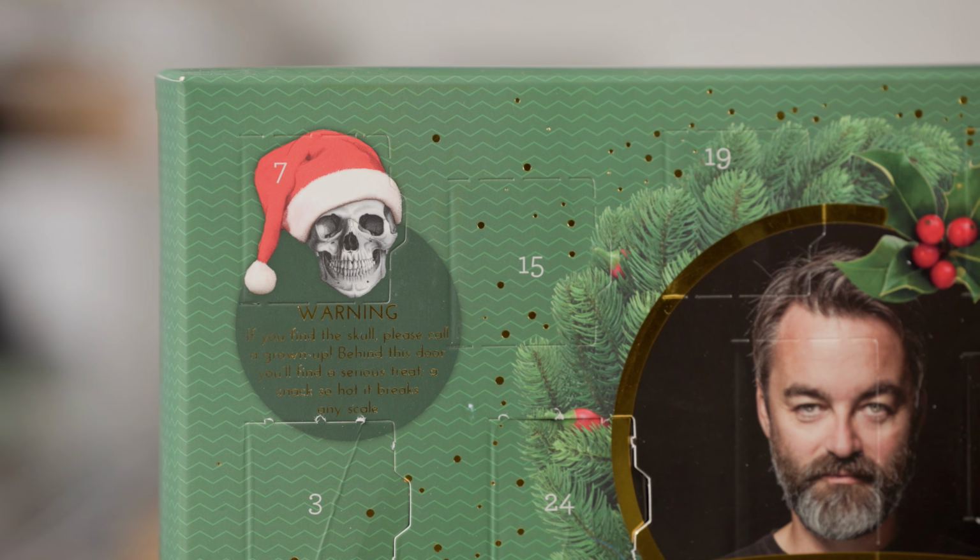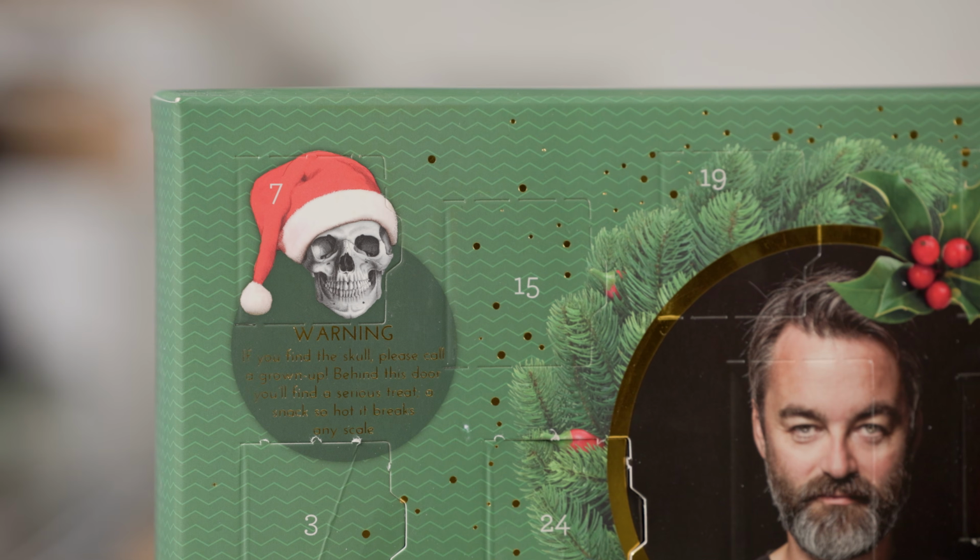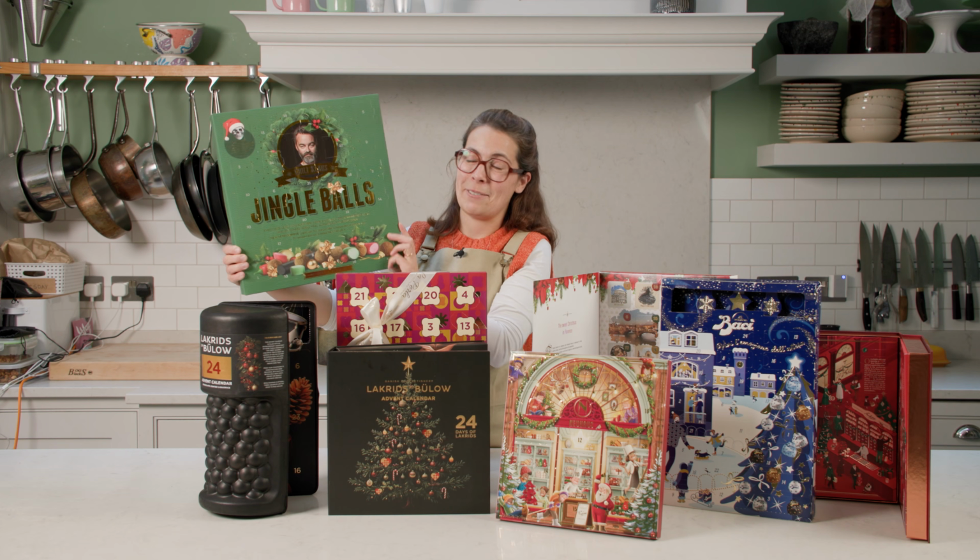And in fact, there's even a warning. If you find a skull behind the door, it's so spicy you need to call an adult to be on hand. So this is a serious chili calendar for anyone who loves a bit of heat, and it's a bit